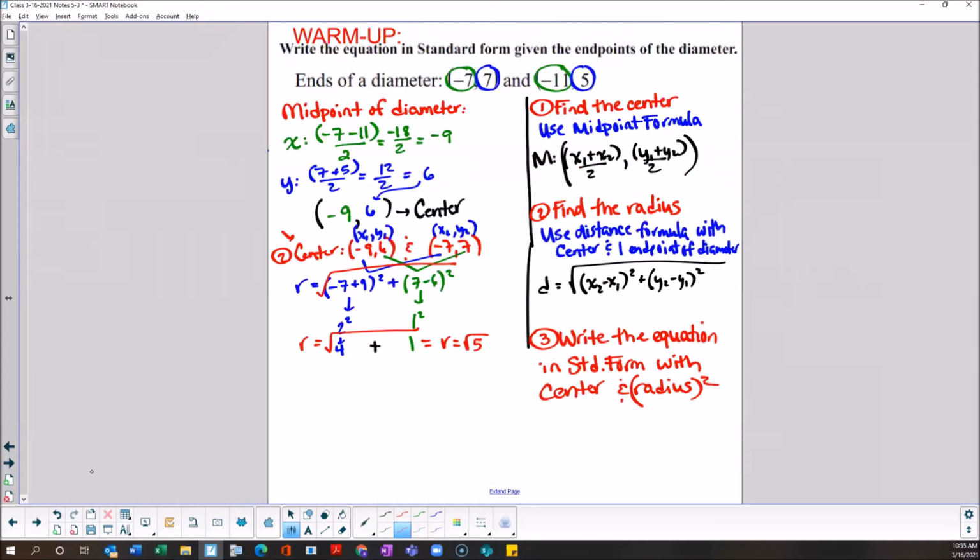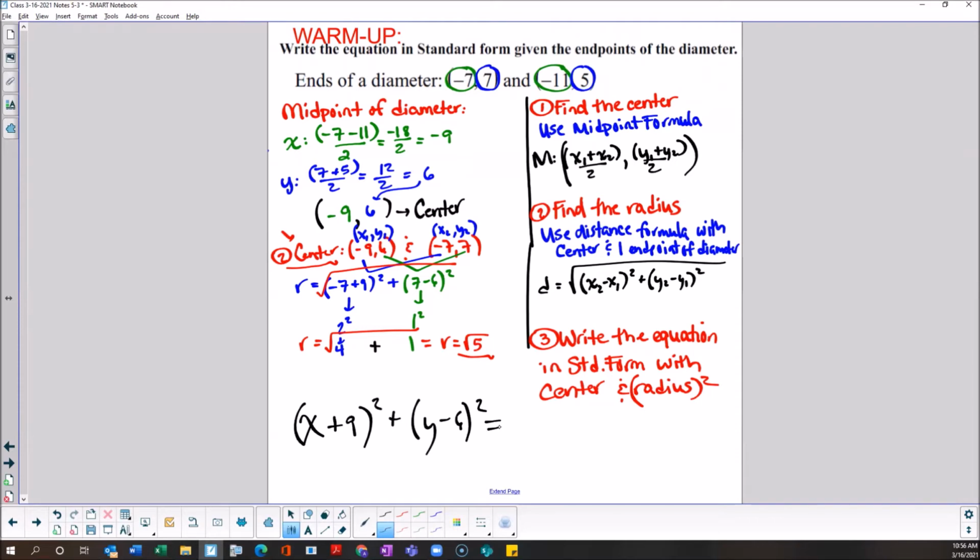I need to use the center here and then the radius squared. So my final answer is going to be x. Remember, I have to change the sign to the x value of the center. So x plus 9 squared plus y minus 6 squared equals,